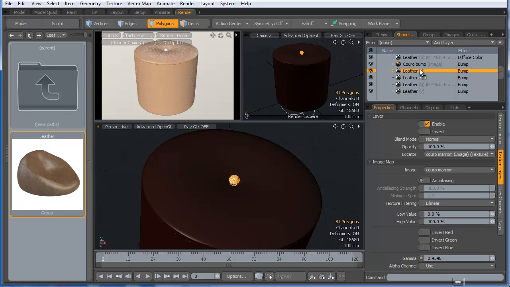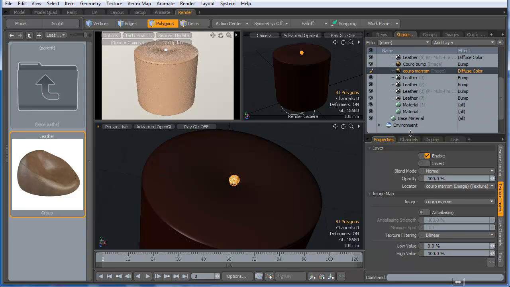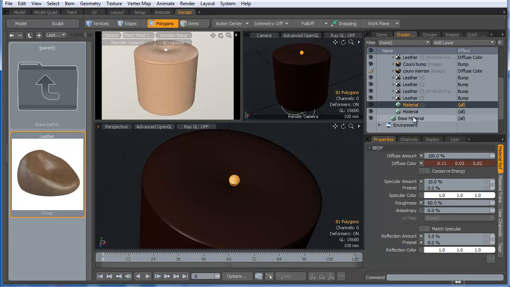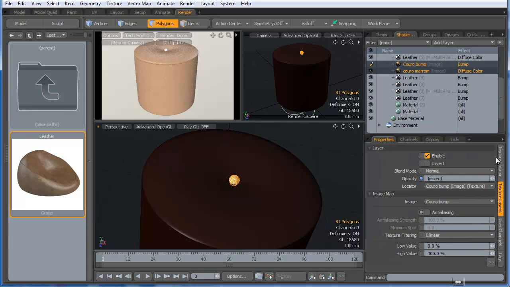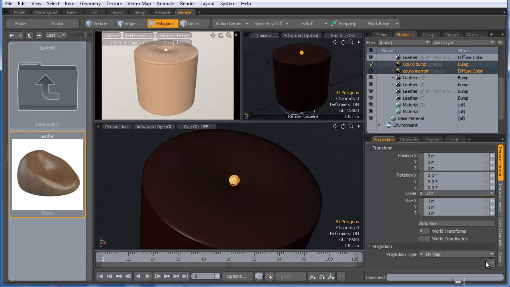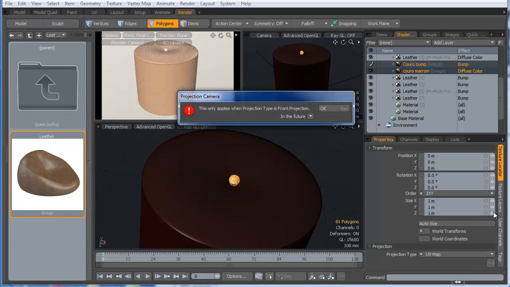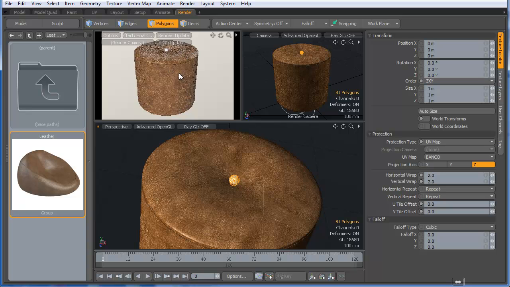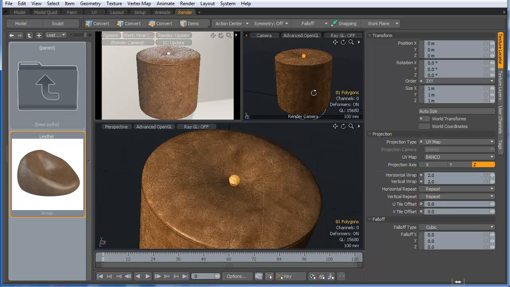I just hate when that happens. Let me see here. Screen, multiply, they are okay, but I need to check UV map, and they are using none, and I need to set to Banco. A lot better, but watch out, I'm not going to